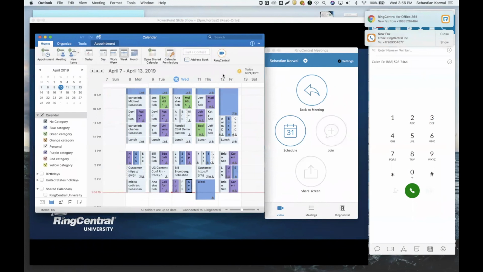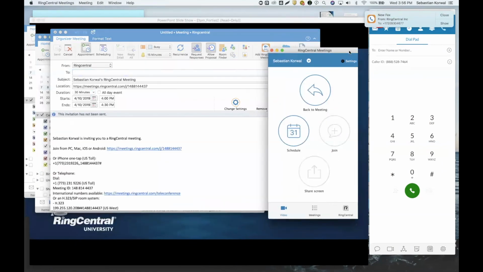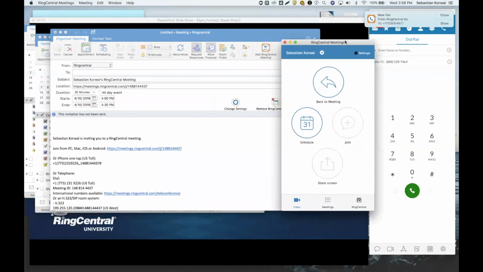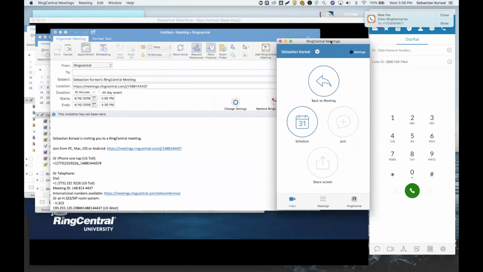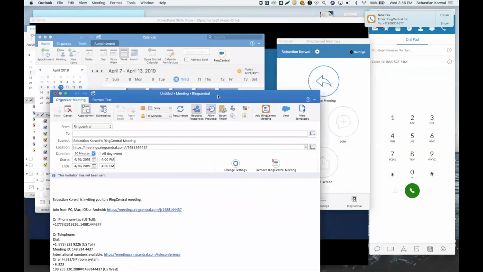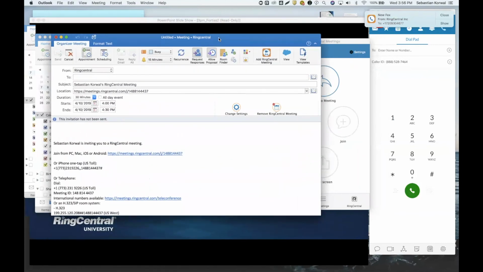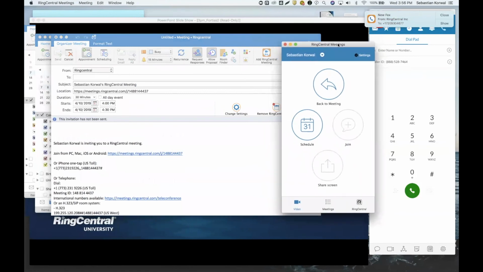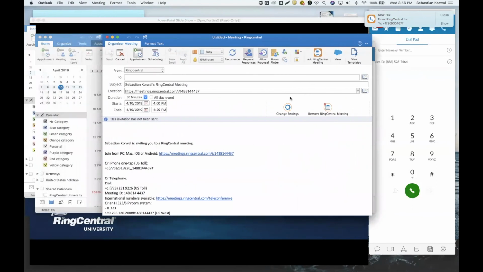Depending on your platform, Outlook looks a little different between the platforms. Just click on the one that's respective to you, and right from here, I can schedule the meeting. Now, one thing to note, RingCentral Meetings still needs to be running in the background and logged in, okay? If you are not logged in and you click on that button, it'll actually ask you politely to open up RingCentral Meetings, okay? Why is this important? Well, when you have RingCentral Meetings running in the background, it pulls the information from our servers using that client,